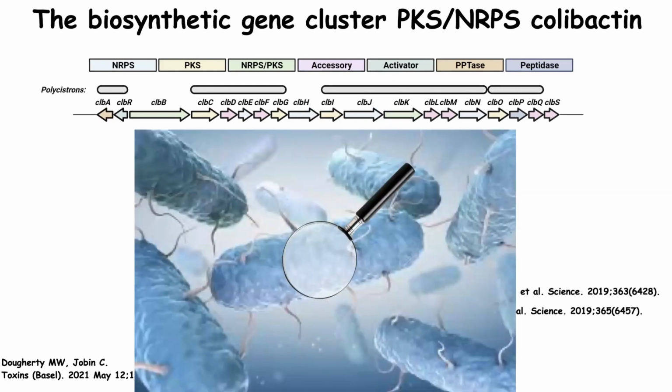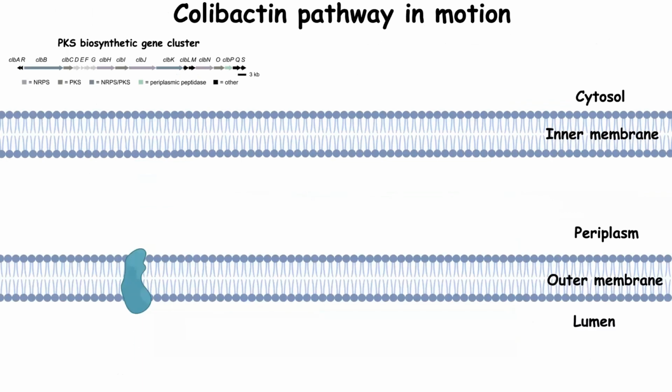Let's take a look inside the bacteria now. Okay, so I told you this is mostly produced by E. coli, and the island looks like that. So let's take a peek inside an E. coli and look how it works. All right, so this is my PKS genotoxic gene island, okay, with the 19 genes. This is in the cytosol of the bacteria. The bacteria, like E. coli, has an inner membrane and an outer membrane and a luminal space called periplasm. And this is the outside, okay? So that will be outside of the bacteria.